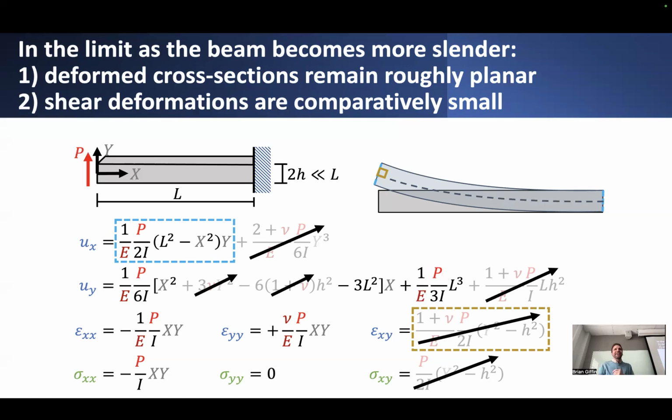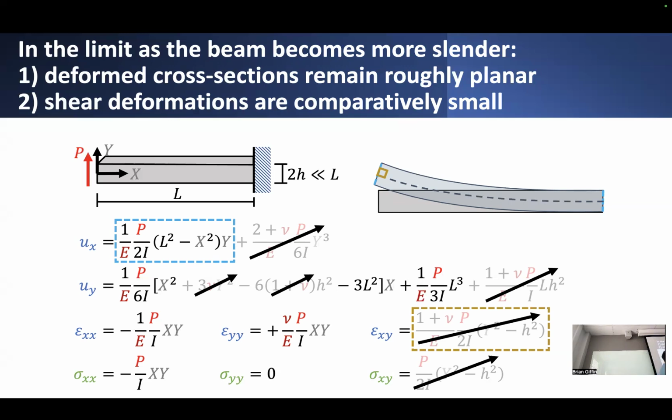And that's the main takeaway from this examination, that even though this is somewhat of a limited example, just one particular elasticity solution, it's nonetheless worth noting that the takeaways from this analysis of what happens in the limit as you increase the slenderness of this beam or decrease its depth, that the same thing will happen regardless of what the cross-section of the beam is or other kinds of details like that. So it becomes applicable as you decrease the depth dimension of this beam. And we recover some of these assumptions of beam theory, saying that the shear strain is roughly negligible or close to zero